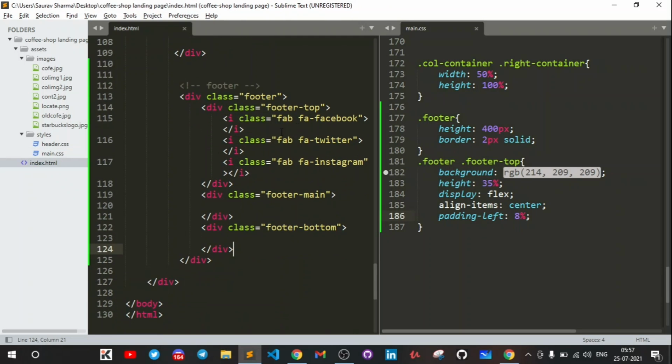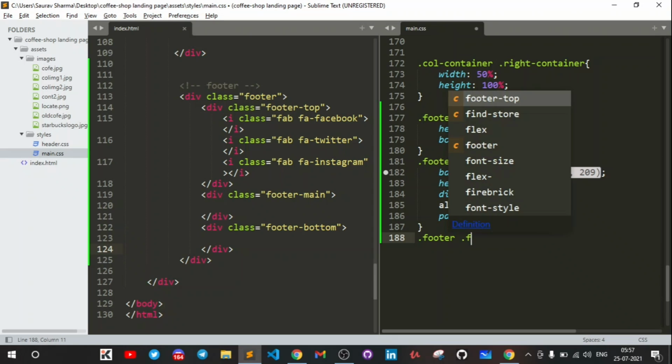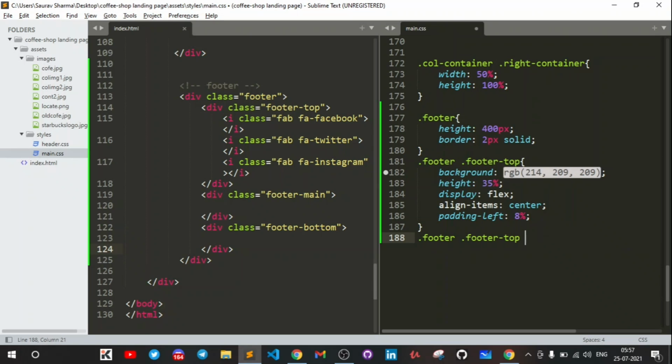Now we need to add a class here so that we can target everyone, or we can simply do like dot footer space dot footer top, and in the footer top we have an I tag, so we can target by this method also. So now font size will be 60 pixel,